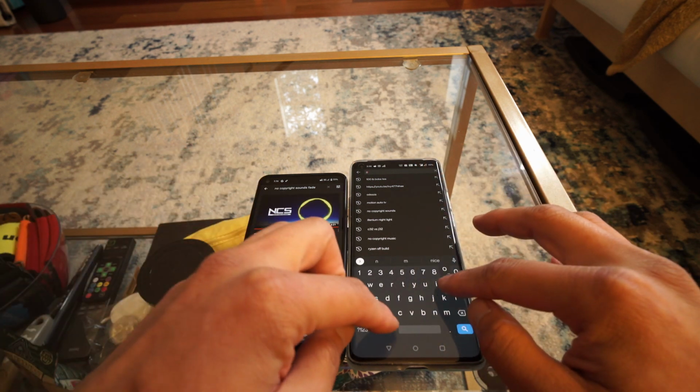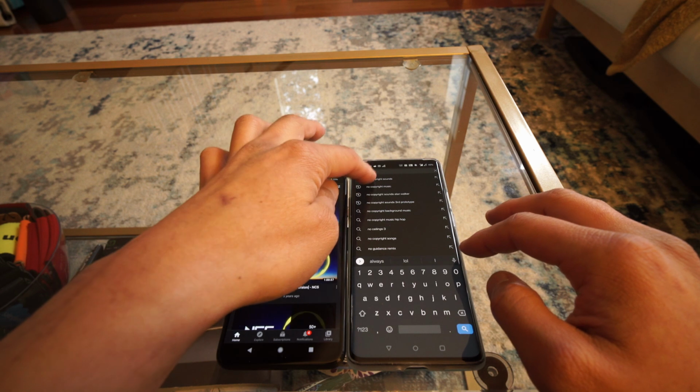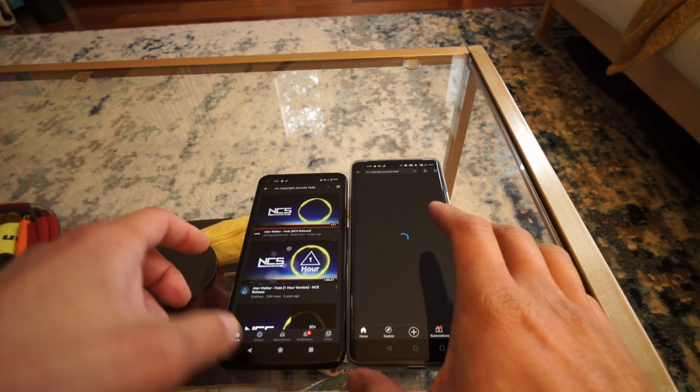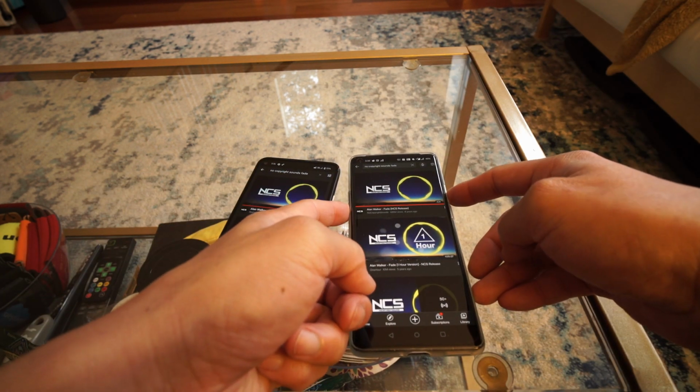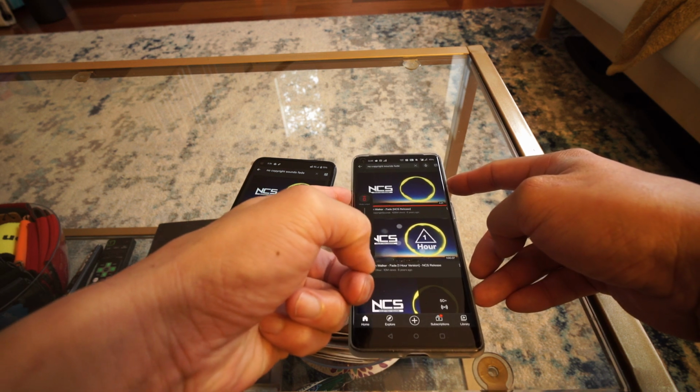the 4a 5G, stick around and I'll let you know what I liked about each phone compared to the Pixel 3 XL and why I stuck with the 4a 5G despite its inferior specs. In the beginning of this video, I will do more of a comparison between the 4a 5G and the 8 Pro, and then add in the 3 XLs since I was deciding which phone to upgrade to from the Pixel